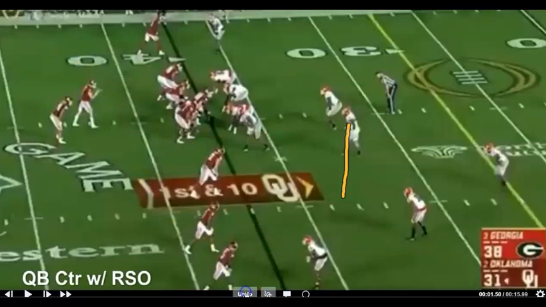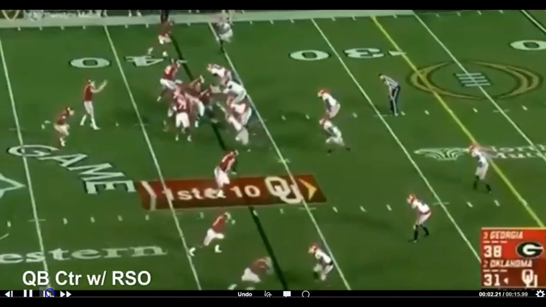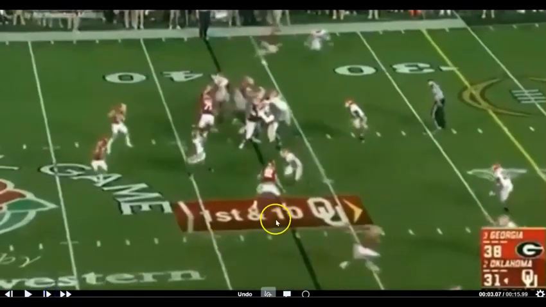Let's look at it again. See, look, he's coming up the field. That guy's assigned to block him. Okay. If they do throw the screen, that's what makes me think it must have been a read. Okay. This guy is all by himself,